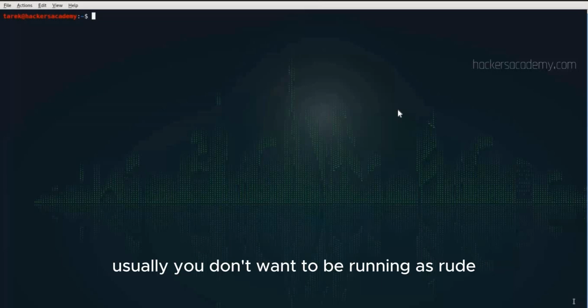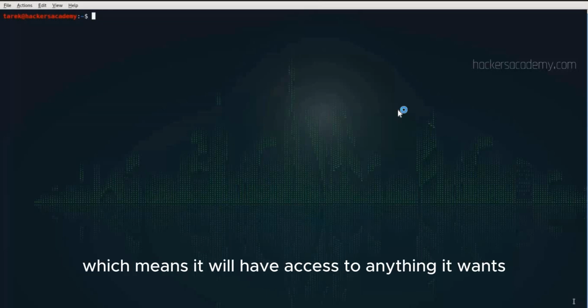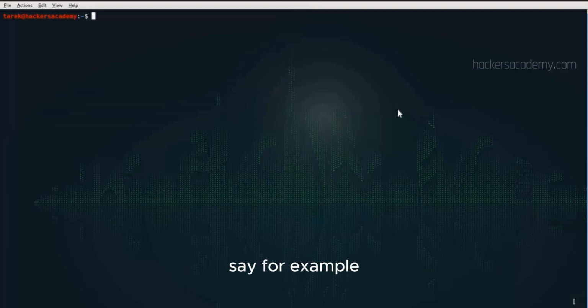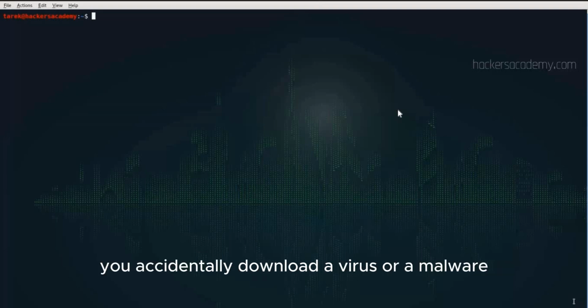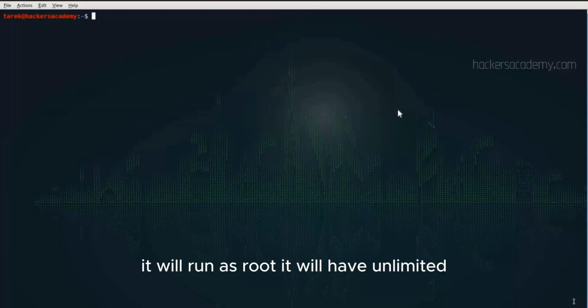Usually, you don't want to be running as root because anything that gets executed in your system will be executed as root, which means it will have access to anything it wants. Say for example, you accidentally download a virus or a malware and you run it by accident. If you run it as root, that means the virus or the malware will get root privileges. So the virus, when it runs, it will run as root.